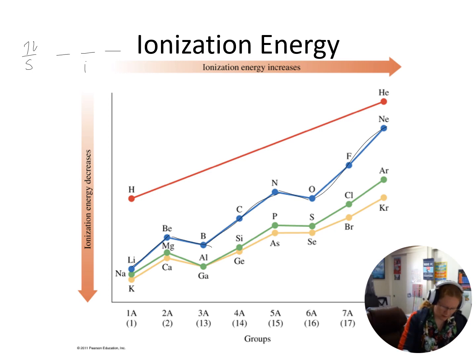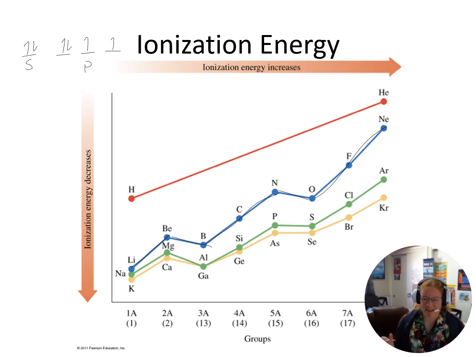Okay, boron, now we're in p orbitals. Carbon, nitrogen, okay? And now when we go to oxygen, we're pairing up. And so we see a blip between beryllium and boron because when we get to boron, we're starting to fill the p orbitals. We see that little blip between nitrogen and oxygen because when we go from nitrogen to oxygen,